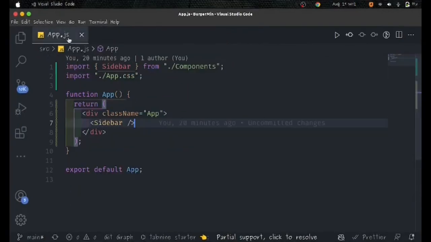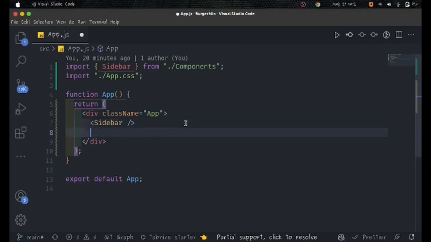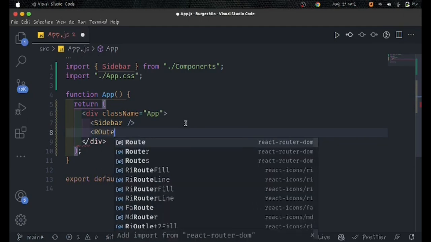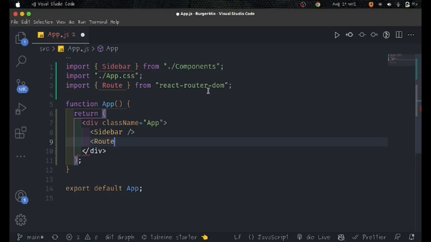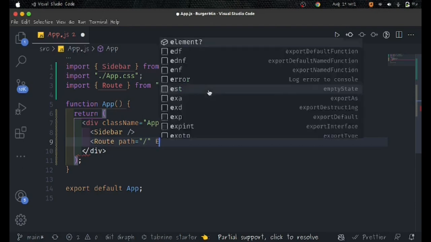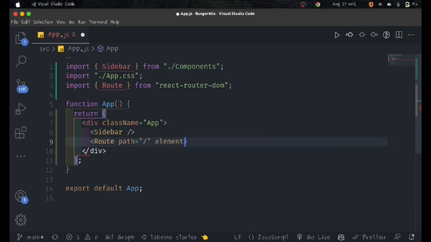So now let me close my sidebar and go to my app.js file here. Inside of my app.js file, this is where we need to start implementing the routing. So the Route is going to come from React Router DOM, and it has a path. I want this one to go to the main page, and it also needs to have an element. The / is our home page. That means anytime it goes to this / route,